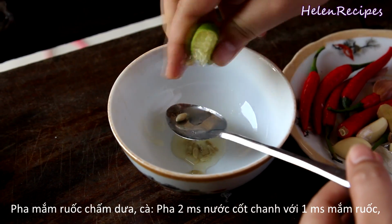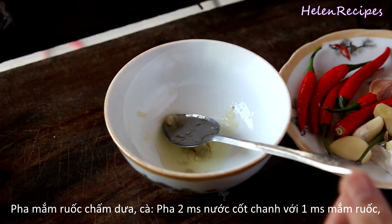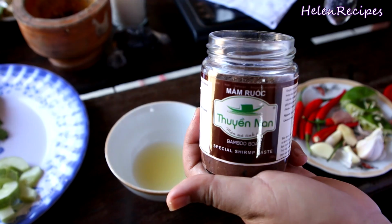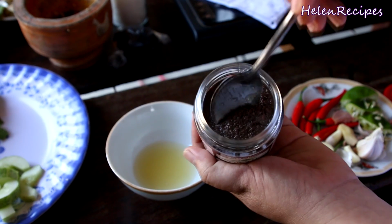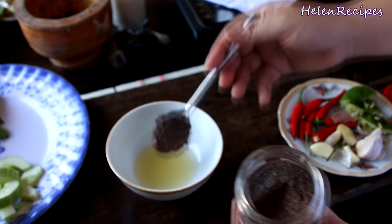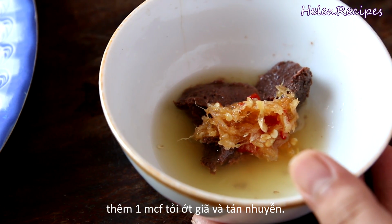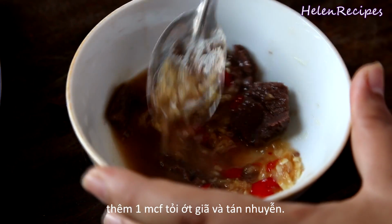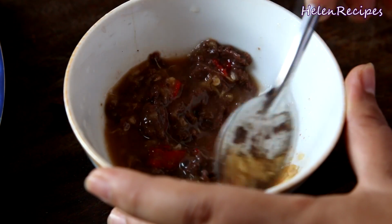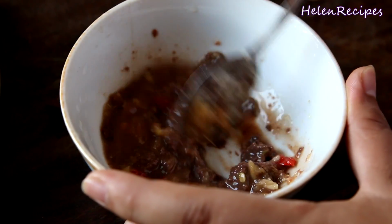To make the shrimp paste dipping sauce, squeeze 1 small lime to get the juice. Then remove the seeds and we're gonna have about 2 tablespoons of lime juice. Then get about 2 to 3 tablespoons of the special shrimp paste sauce, mắm ruốc. Of all mắm products that Helen is offering, I think her mắm ruốc is the best. It's also one of the best mắm ruốc that I've tasted. Mix it well with some crushed garlic chili paste, and you will have the perfect dipping sauce for the raw